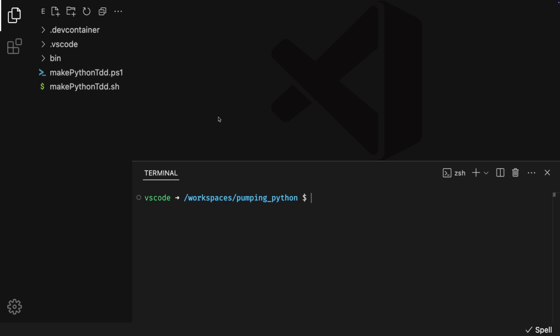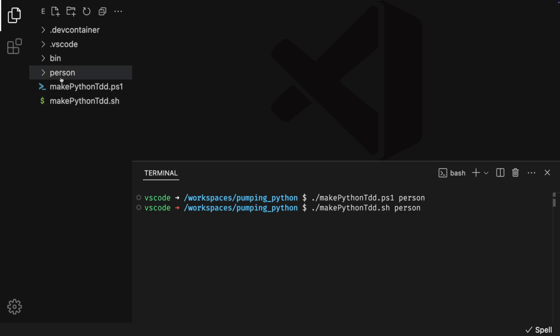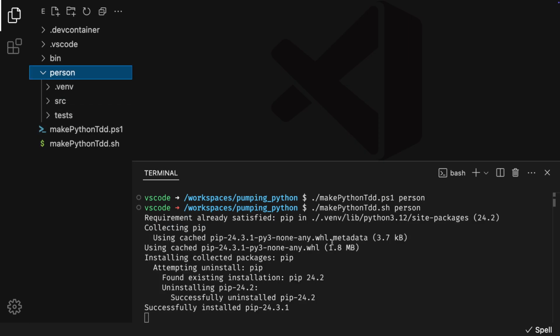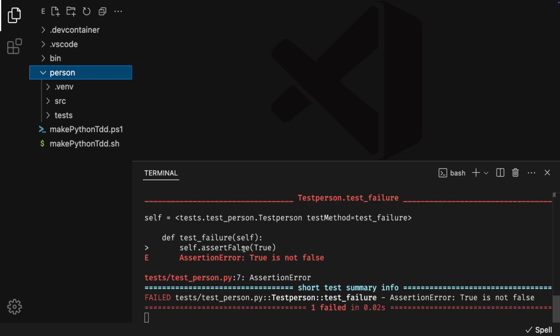On Windows without subsystem Linux, ./make_python_tdd.ps1 person. On the other operating systems, ./make_python_tdd.sh. Person as the name of the project. Enter to run it, and it makes the folders that are needed and the files, installs packages, then runs the